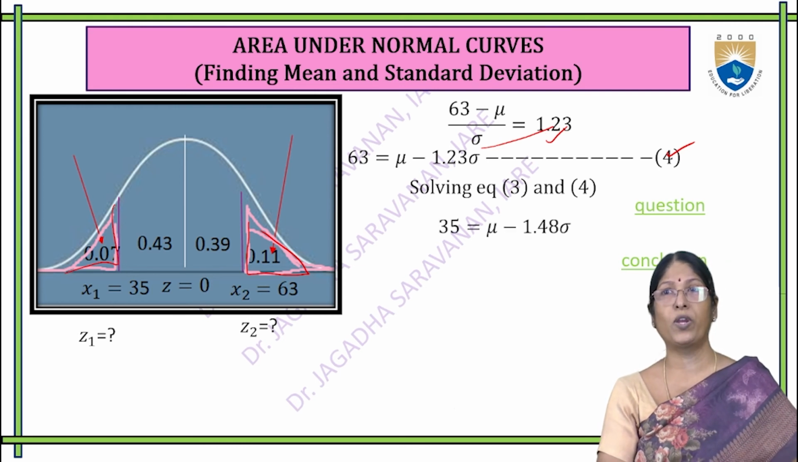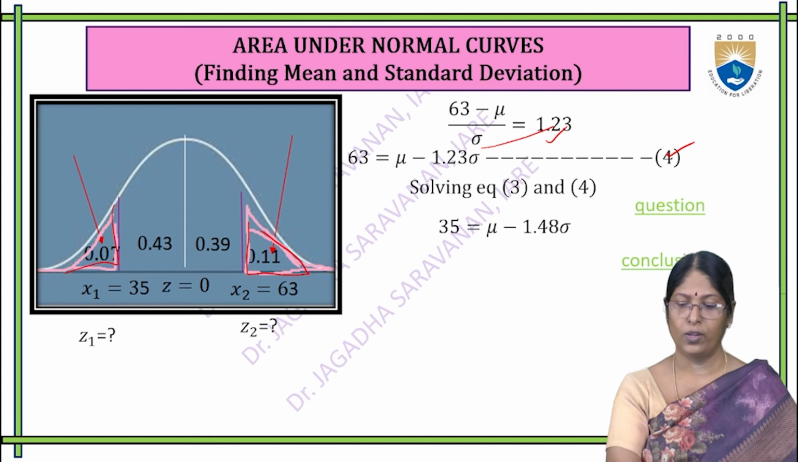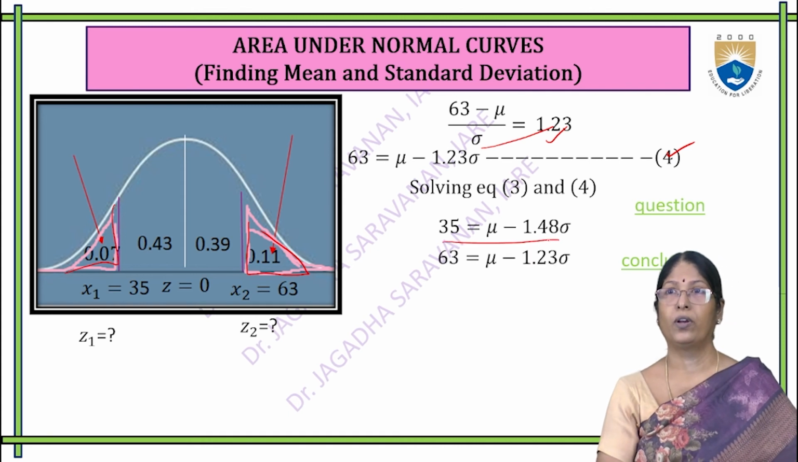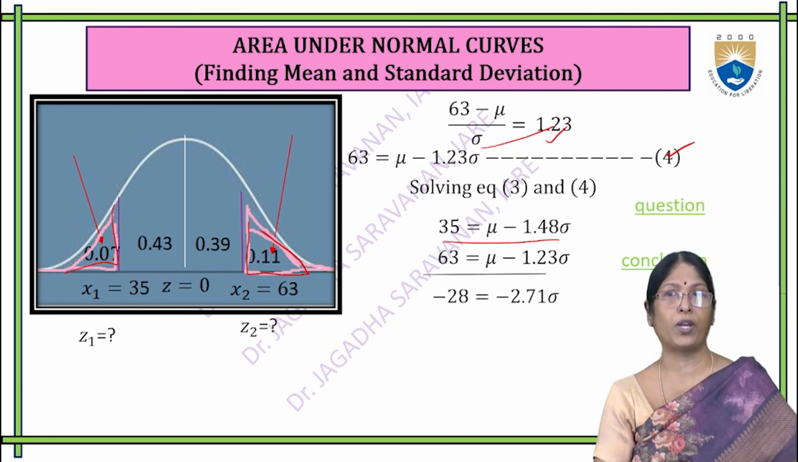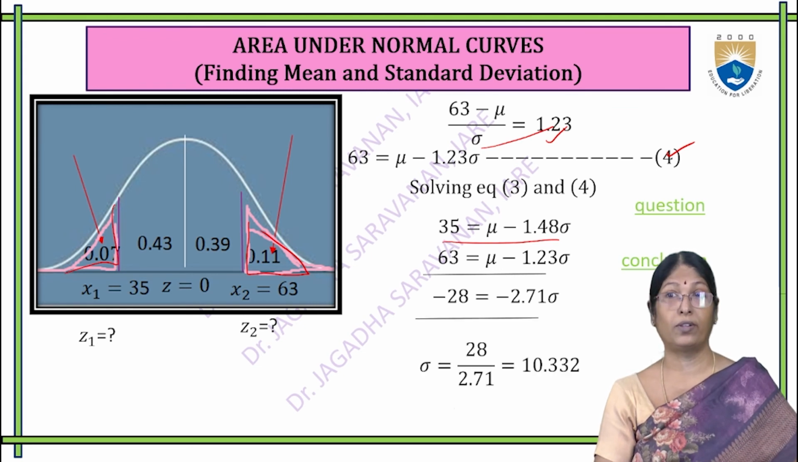So solving equations 3 and 4: 35 equal to mu minus 1.48 sigma, and 63 equal to mu minus 1.23 sigma. Solving these two equations, we obtained minus 28 equal to minus 2.71 sigma. Sigma is nothing but